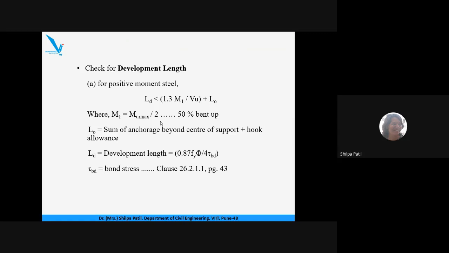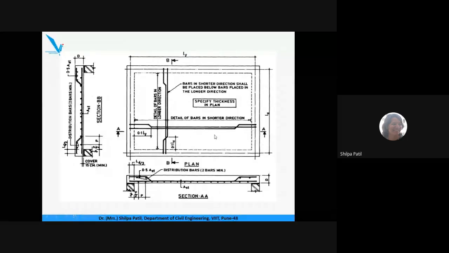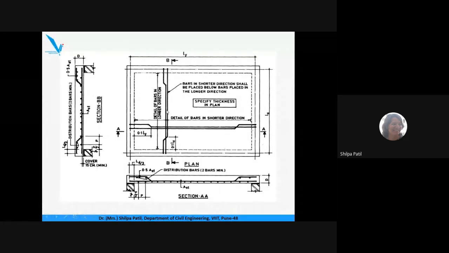Okay, so this is the diagram showing the detailing of reinforcement. Again, this diagram I have taken from SP34. Here again we have to show the main reinforcement in both directions. See here, bent up bars in this fashion. Bent up bars mean it is a main reinforcement. If this is the main reinforcement along the shorter direction, its details are given here perpendicular to this reinforcement. This is my main reinforcement along Ly, that is the longer direction. Its details are given in this direction perpendicular to this reinforcement.